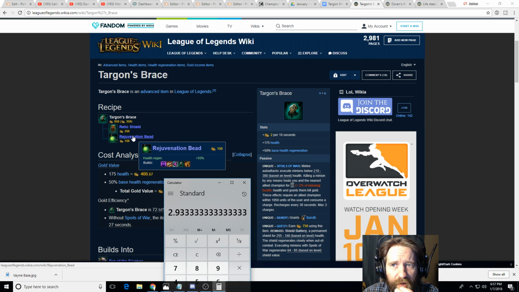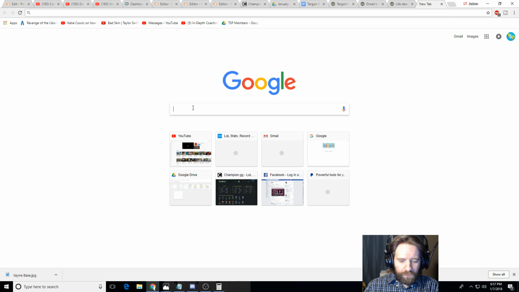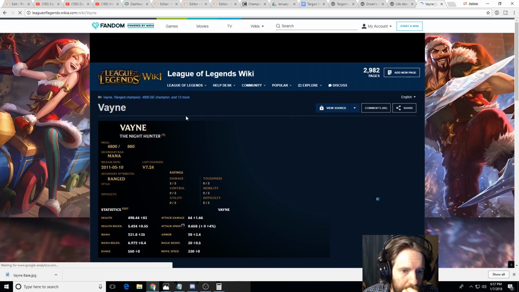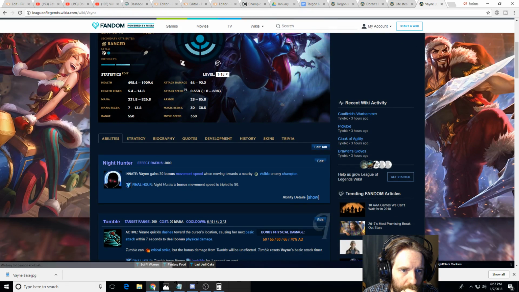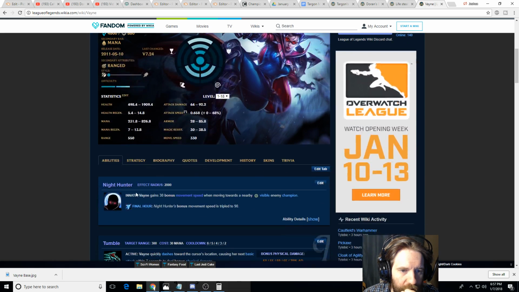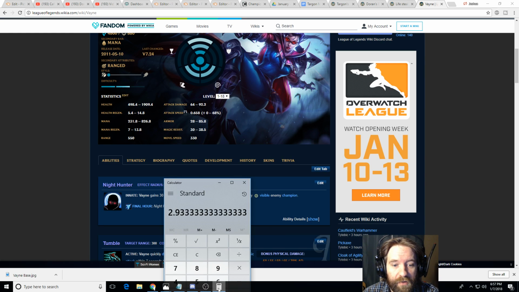I think the health regen per 5 on someone like Vayne, let me see. Yeah, her health regen's awful. So her health regen is basically, early in the game, going to be about, maybe 1.5. Realistically, 1.5. So if she gets to 7.5 regen per 5, it's going to be 1.5 health per 5. Or 1.5 health per second. This is giving you 3. So it's like 2 reju beads